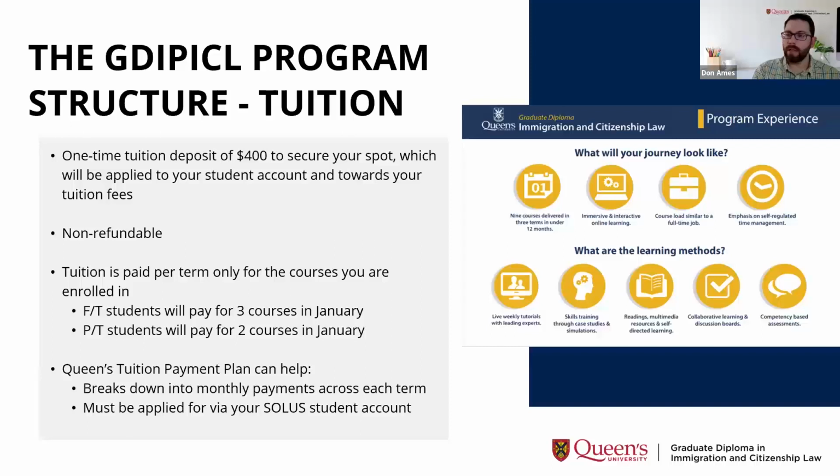There's a 1 amount of tuition that's paid by all students. There's no differentiation between domestic and international tuition. Also, for incoming students, there's a one-time tuition deposit of $400 to secure your space in the upcoming term. That $400 is applied to your tuition for that first term. So you'll be able to monitor that within your student